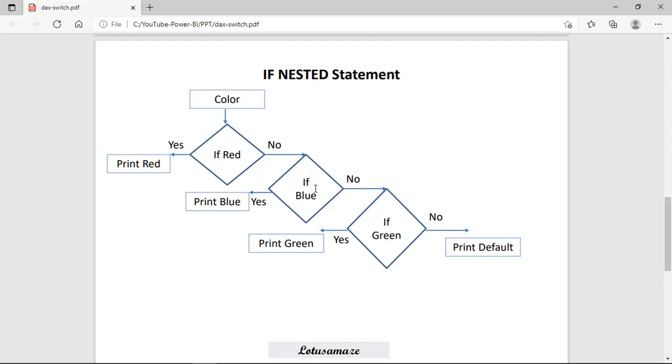Again no, then again another condition, a condition within a condition. Finally, if color is green, then print green, otherwise print default. So this is a multiple condition, but if we add more conditions, this becomes very complex, and the SWITCH statement is the easier version of this nested IF statement.